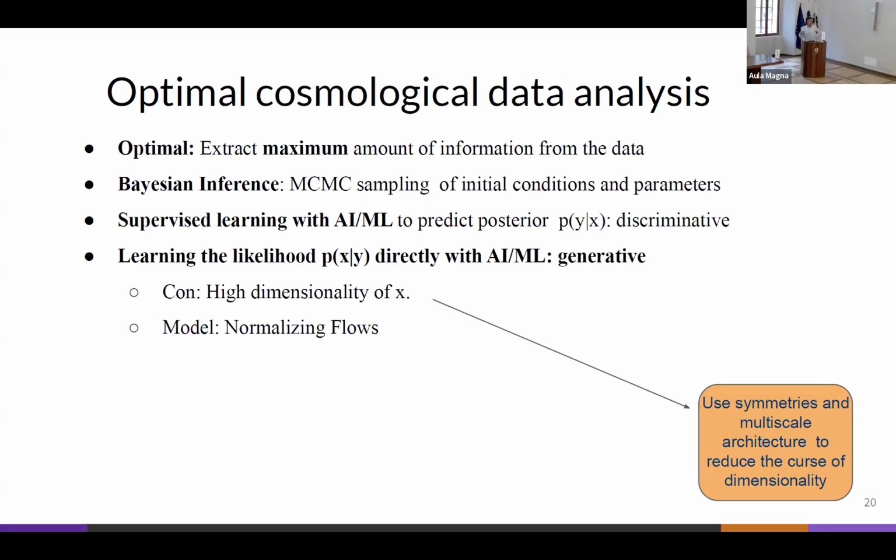Well, before I say how we do this, what is the goal? I already mentioned the goal, but we want to extract the maximum amount of information. Now, one way to do this is to do a full Bayesian inference, where one can actually write down the full likelihood of the data and so on and so forth. But the problem is that one needs to sample this full likelihood over the initial conditions of the universe, and this could be a billion-dimensional parameter space that we need to sample over. This is a very challenging problem. People are trying to do this. As I said, it's very challenging,